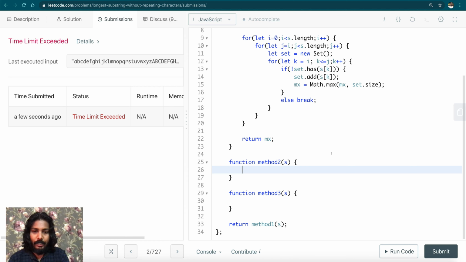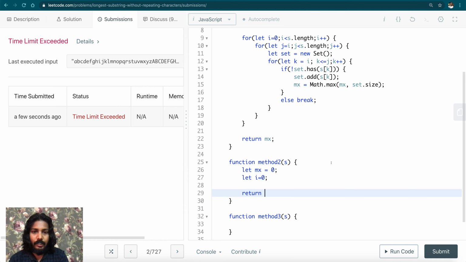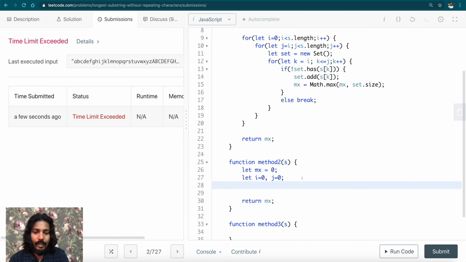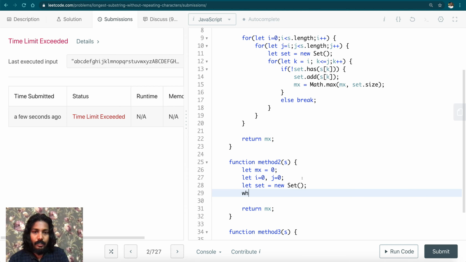So I'm going to maintain two indexes, right? Let i equal to 0. Before that, I'm going to have max equal to 0. I'm going to return that. So let i equal to 0, j. So j also starts with the first character, and we are going to have a set. Okay, so if the start index is less than the length and the end index is less than the length,